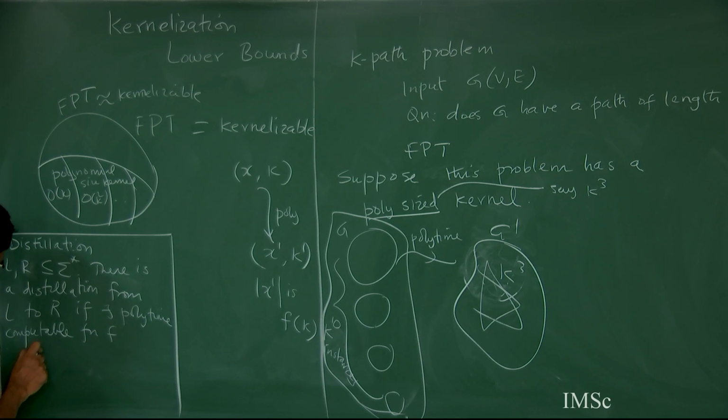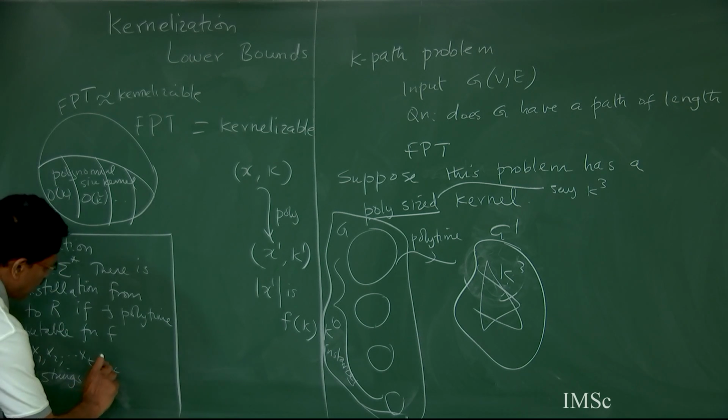It takes t instances of L, or let us say t strings of sigma star, but they have to be somewhat equivalent and so on, I will come back to that,